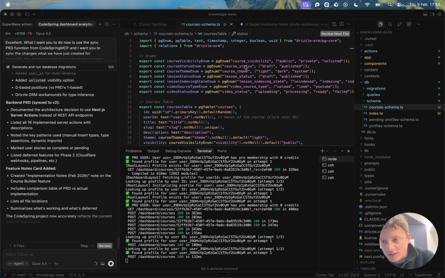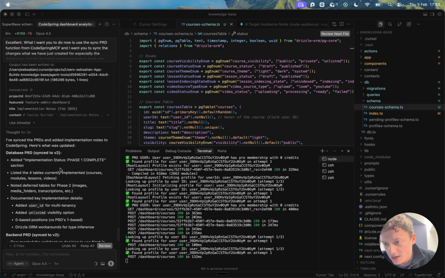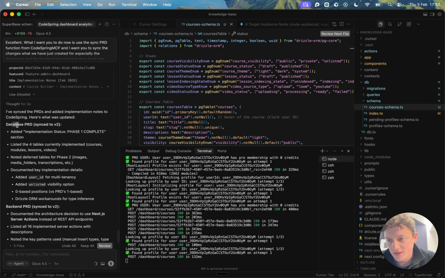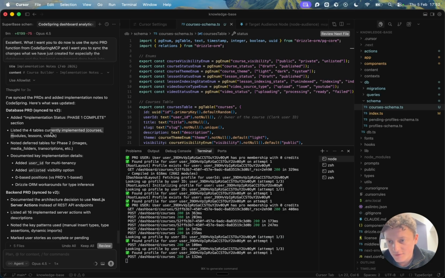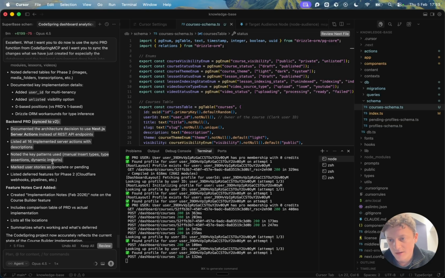Okay, so it looks like it's done it now, and I'm sure we'll have some issues with it creating feature cards again, but it says it synced the PRDs and added implementation notes to CodeSpring. Here's what's been updated. Database product requirement doc, phase 1 complete, listed 4 tables currently implemented, noted deferred tables for phase 2, so images, media folders, transcriptions, documented key implementation details, backend requirement doc, and again, if we come back onto here,